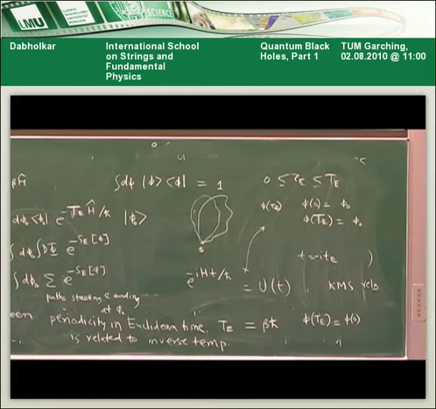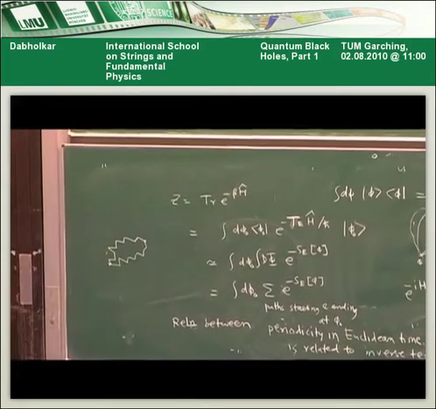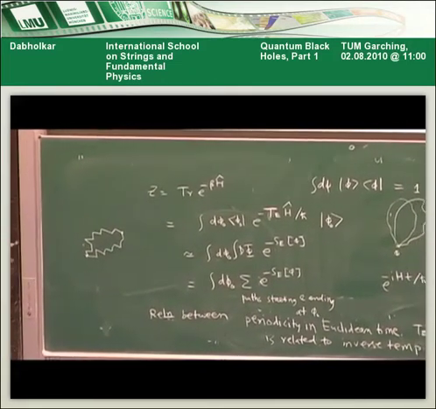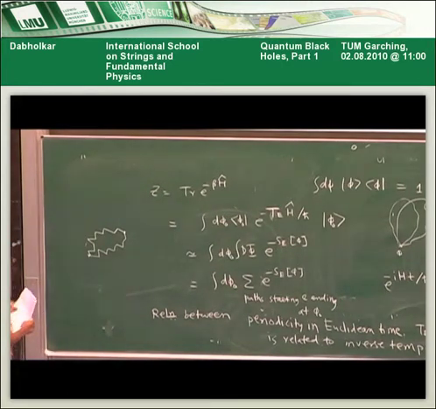So in Euclidean time, think of a Brownian motion. As you know, the Schrodinger equation goes to the diffusion equation. The Schrodinger equation is linear in time, and the diffusion equation is linear in time, but the i h bar del by del t becomes just del by del tau. So the diffusive process looks like quantum propagation. Any other question? So basically, by looking at the metric and its periodicity,